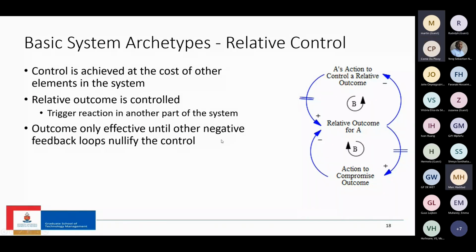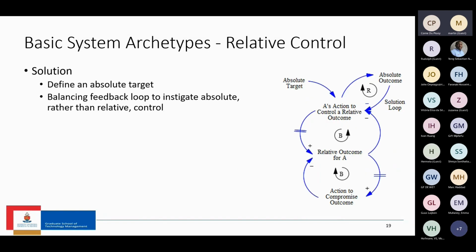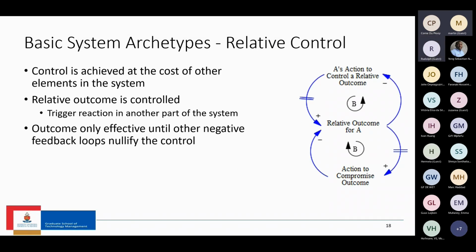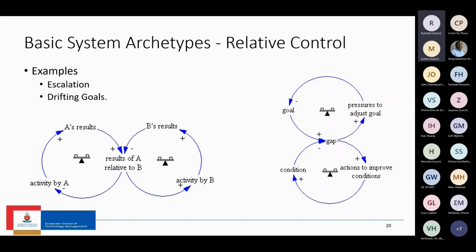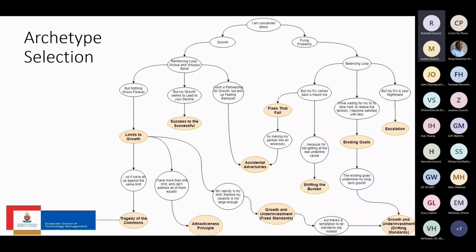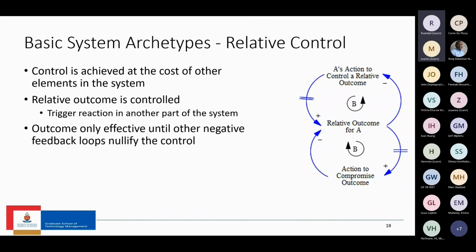Yes, it says these groupings of relative control and, I think, out of control, and the other one was... there's three groupings, I think. Yeah, I think when you just go down. Okay, yes, this is the last one, the fourth one. This is the relative control, where you want to achieve a relative outcome for A.